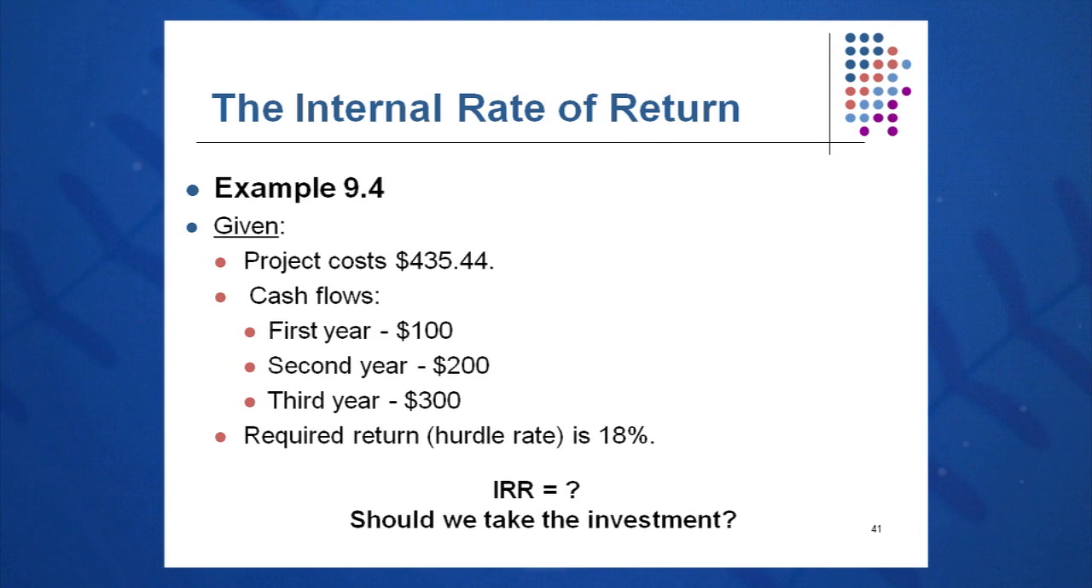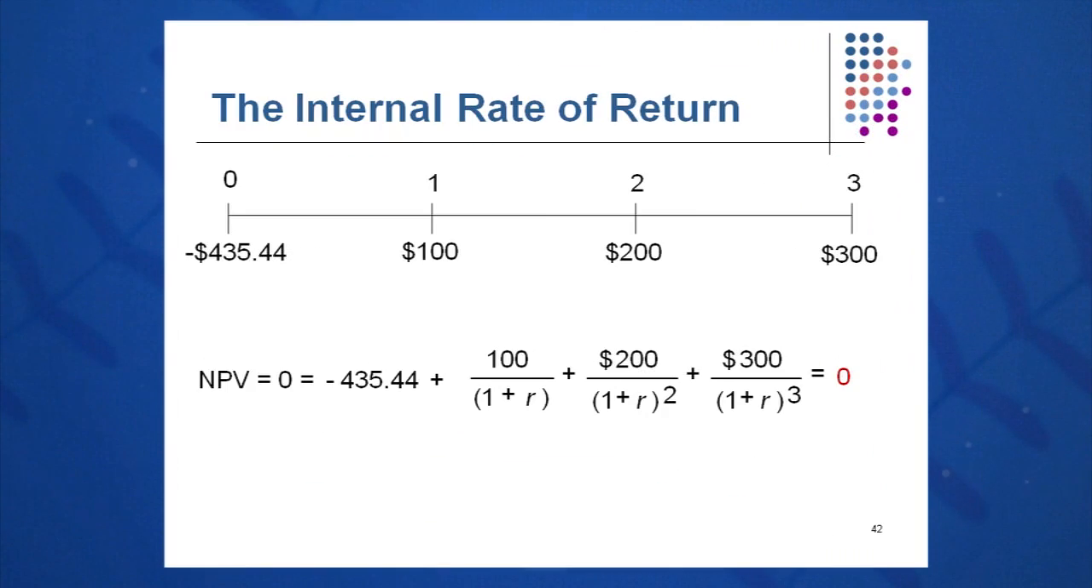Here's another example. The project costs $435.44, and this can be $1 million. That's a cash outflow today. It brings in $100 million the first year, $200 million the second year, and $300 million the third year. The required return is 18%. What shall we do with this project? Should we accept that? So when we want to do the IRR, we write down NPV equals 0 equals minus